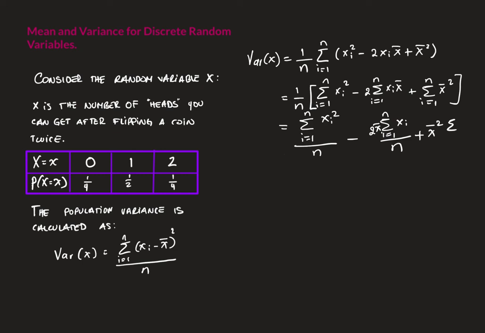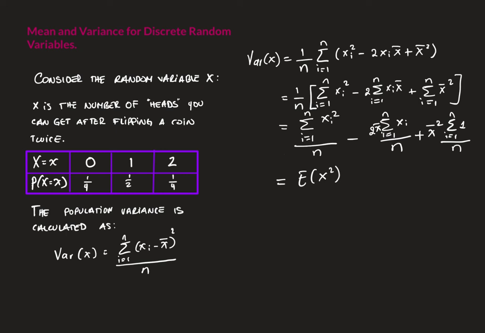And we're going to have the sum of the values from 1 to n of 1 and everything divided by n. Now with the first expression, the sum of the xi squares divided by n, that's how we would calculate the mean of the square values of x. We're going to call that the expected value of the x values squared. So we're going to represent that with the formula E of x squared,